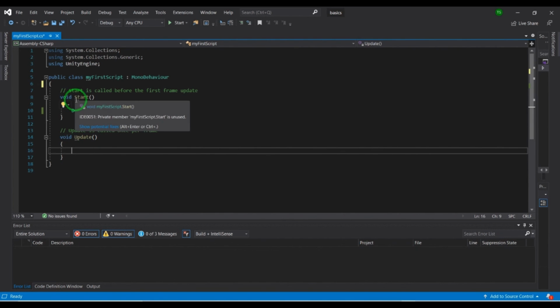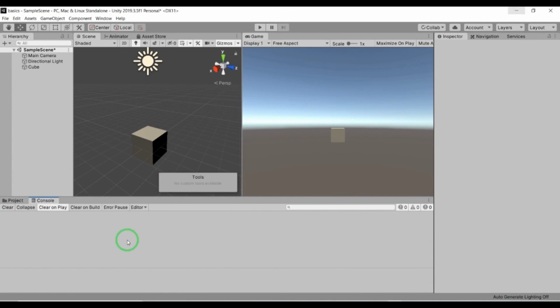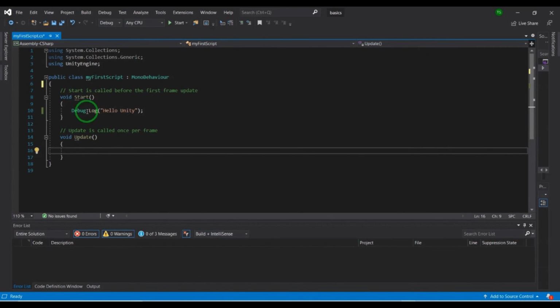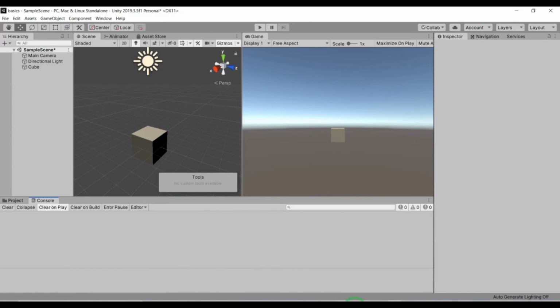Because I wrote Debug.Log in Start, it was executed only once, just after the game started. Debug.Log is basically code to print something on our console. Console is this one. Here we can print whatever we want through Debug.Log. I will explain debugging tools and everything later in the future, but for now we can understand it as code to print anything on our console.